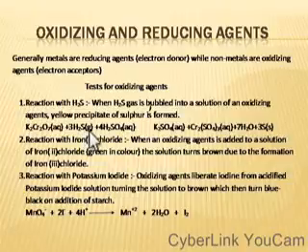When hydrogen sulfide is bubbled into a solution of acidified potassium heptaoxodichromate(VI), then the color of the potassium, which